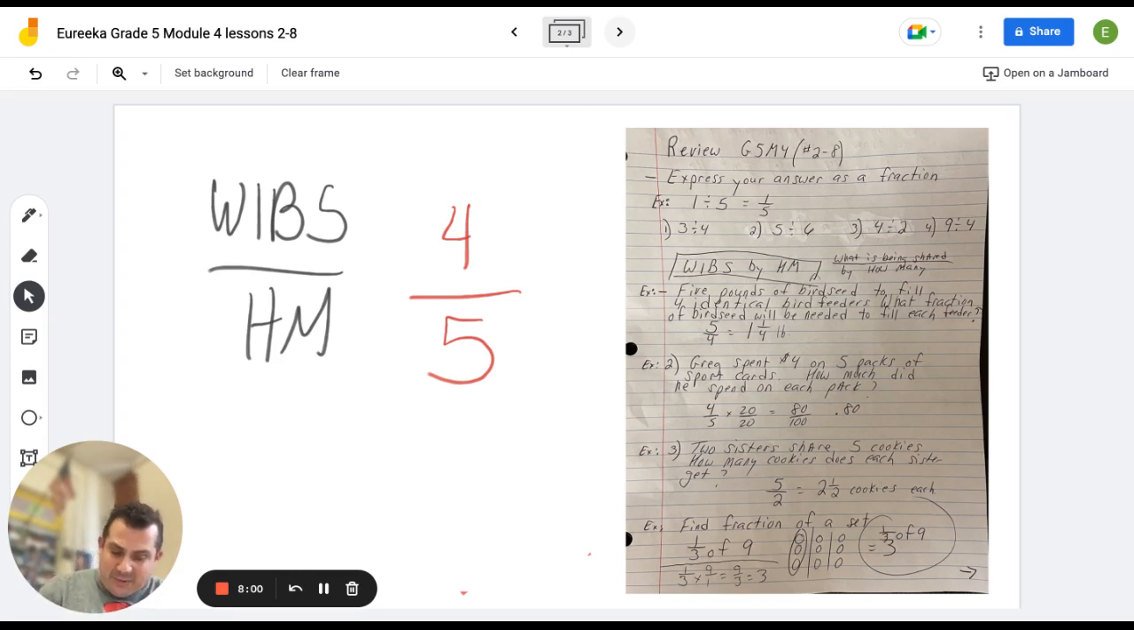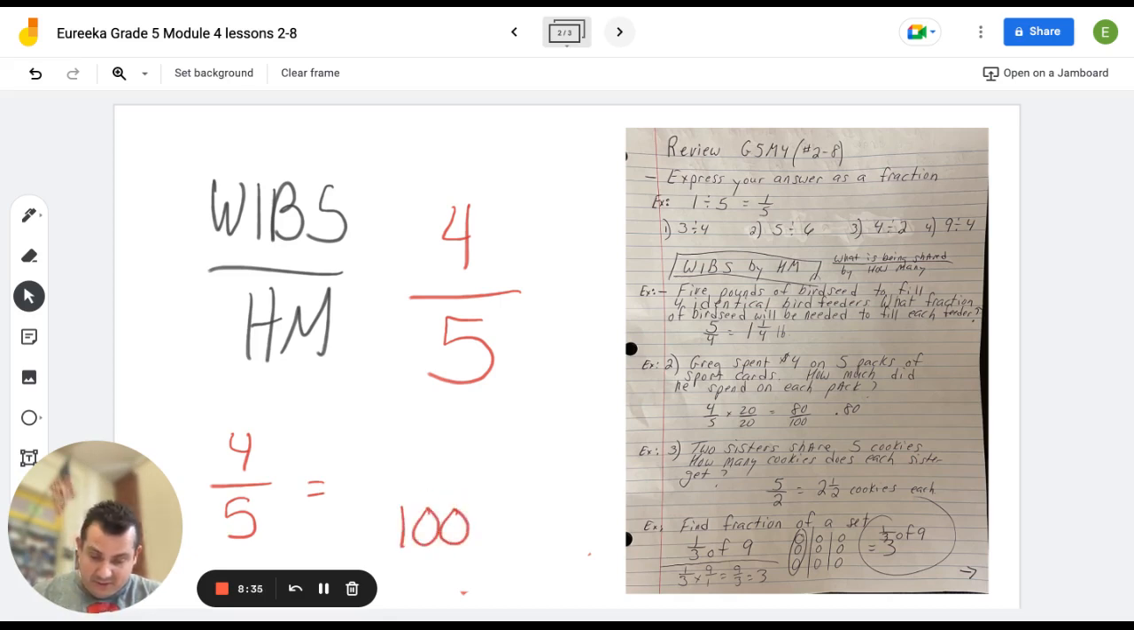Now, when it asks how much money did he spend on each pack? This is when you really have to look at it and go, all right, well, how much money did he spend? Well, 4/5. He spent 4/5 of a dollar. So let's just see how we could do this. If I have 4/5 of a dollar, I'm going to write it. We have 4/5. I want to make it equal to